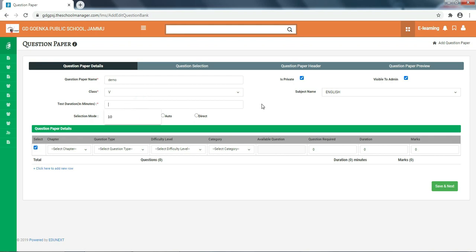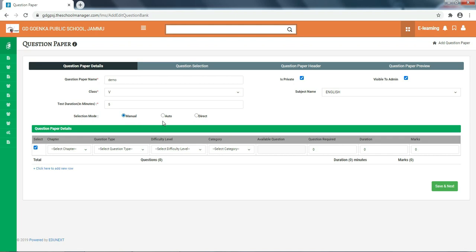After that, there is a selection mode button. Manual, auto and direct radio buttons are there. First of all, we will talk about the manual button. Suppose you have created 10 or more questions in any chapter and you have to select only 5 or 6 questions from the chapter, then you have to select the questions manually.